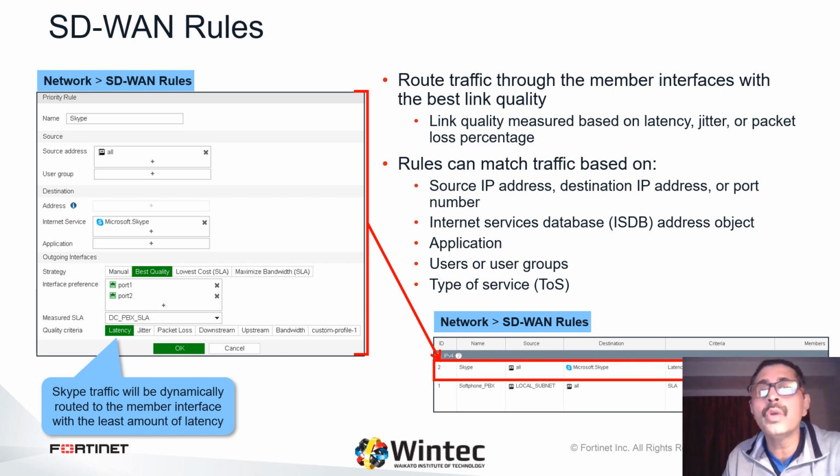For example, you can route Netflix traffic from specific authenticated users through one ISP while routing the rest of the internet traffic through another ISP. For example, you could also, like in the case of Wintech, have the Zoom traffic, or all traffic coming in from Zoom, handled by a specific interface vis-a-vis other traffic that is going to Moodle. So you can configure traffic at an application level, and that is why it gives great flexibility to the network administrator.